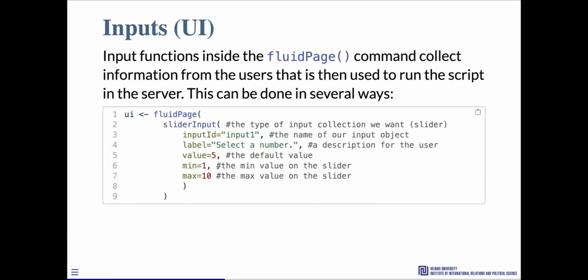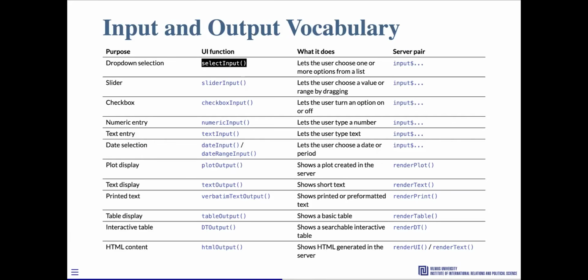In this case, it won't have a minimum or maximum value, but it'll have a list of options that we want to give the users. So all of these functions have their own logic, their own syntax. So it is good to first draw what you want on paper and then think a little bit about how I am going to collect my data, and what the options are within each of these